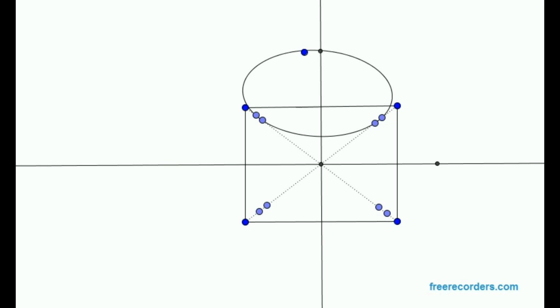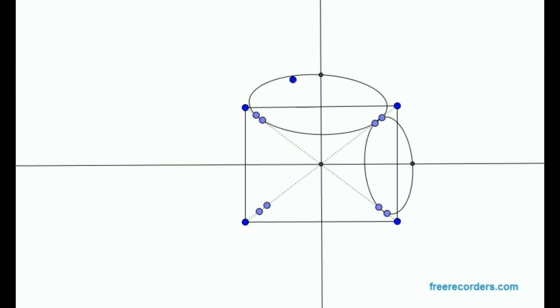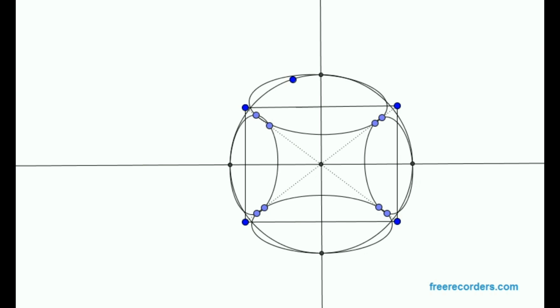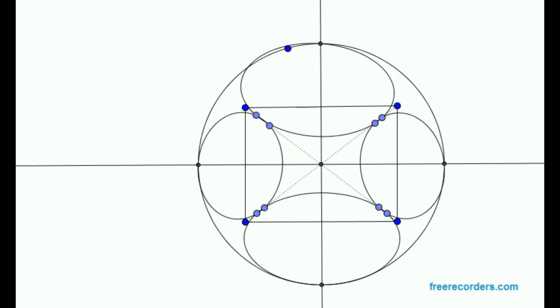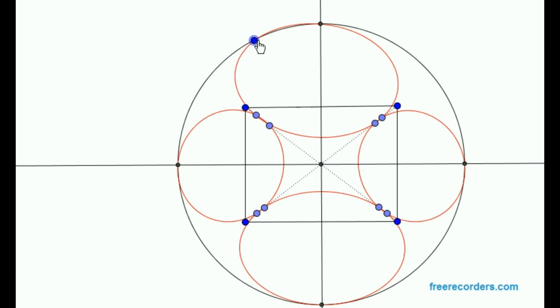And I also had this fourth black point, which I've made variable, so I can look at different kinds of conics, because it turns out that this kind of thing doesn't have a unique solution. So anyway, if we draw all four conics on, now we can start to have some fun. Each of these red conics